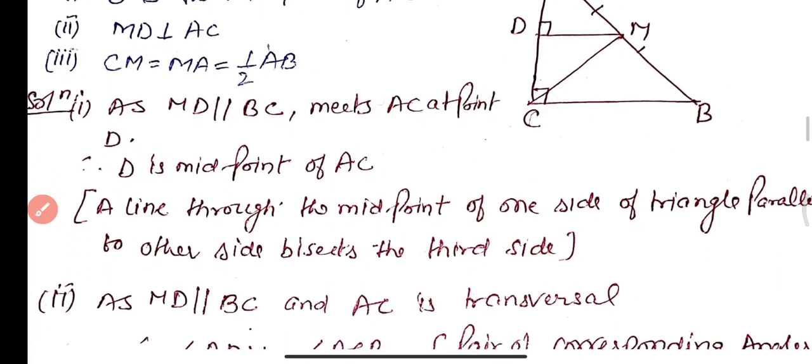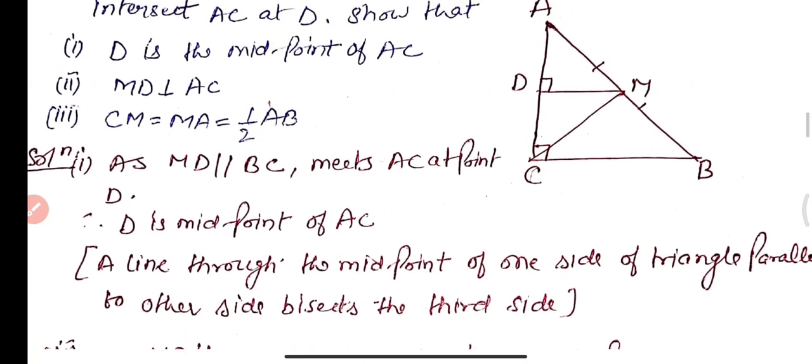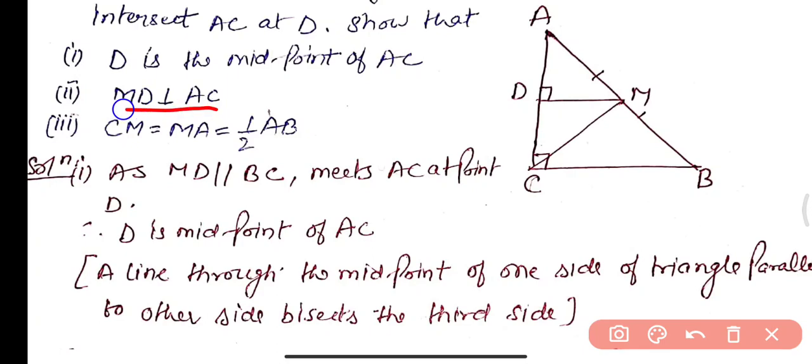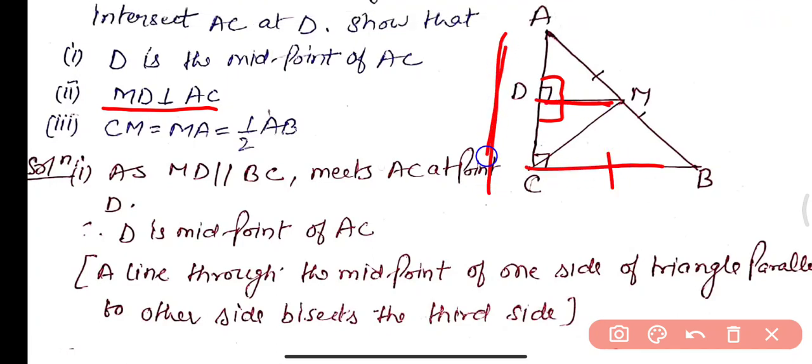So now, as MD is parallel to BC, we are already given, you can see here, we need to prove MD is perpendicular to AC. So हमें prove करना है कि 90 degree है, but we all know that MD is parallel to BC and AC acts as a transversal. So these two lines are parallel and AC acts as a transversal. So these are corresponding angles. So these two angles are corresponding angles, ADM and similarly BCD, or you can say ACB. These two angles are 90 degrees, as this angle is 90 degrees. So this angle will also be 90 degrees, as these two angles are corresponding angles and will have equal measures.